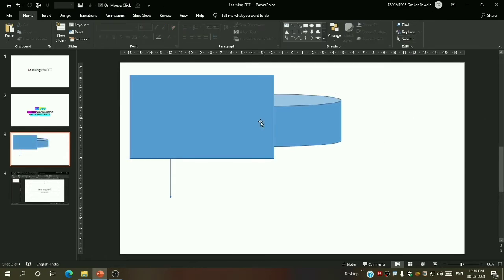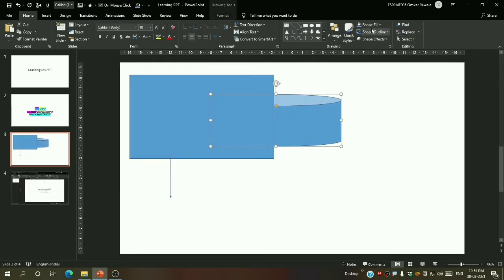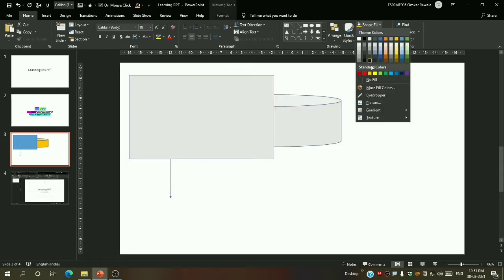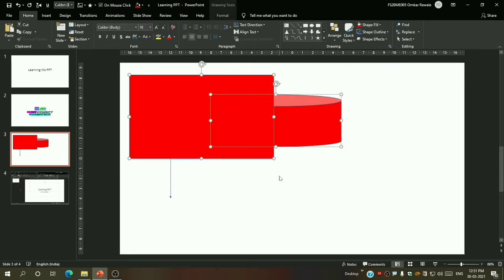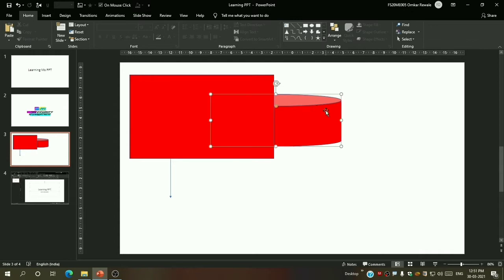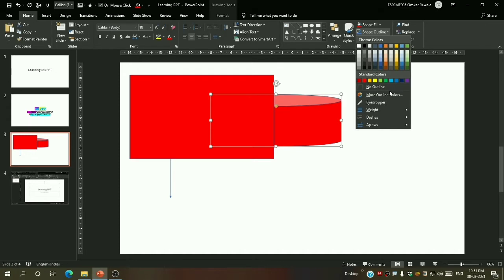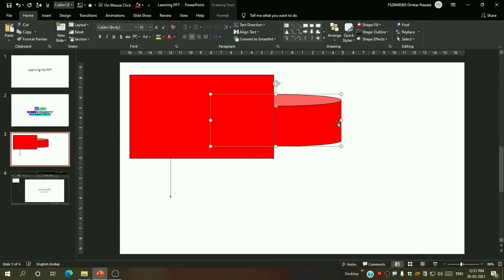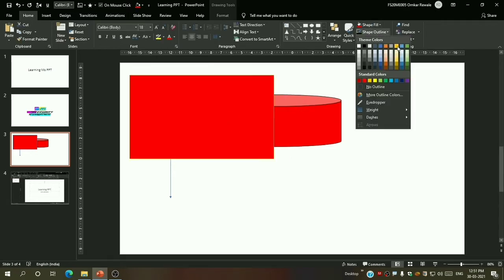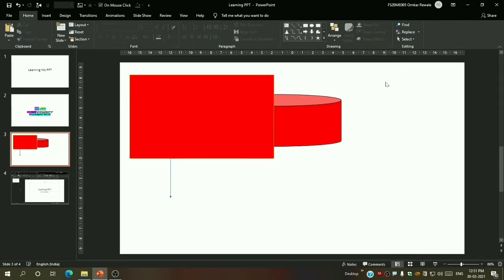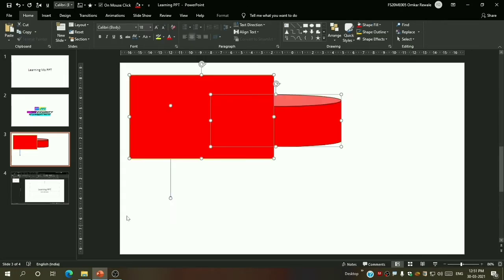Okay. So now one more thing, also the outline. If you see, the outline color is something different. Let me show you. You can see a blue outline over here. So we can also change it from shape outline. If we want, we can choose no outline, or we can change it from here. You can see black color. Now let me change this. Let me take yellow color. Okay, so you can basically give any color you want.